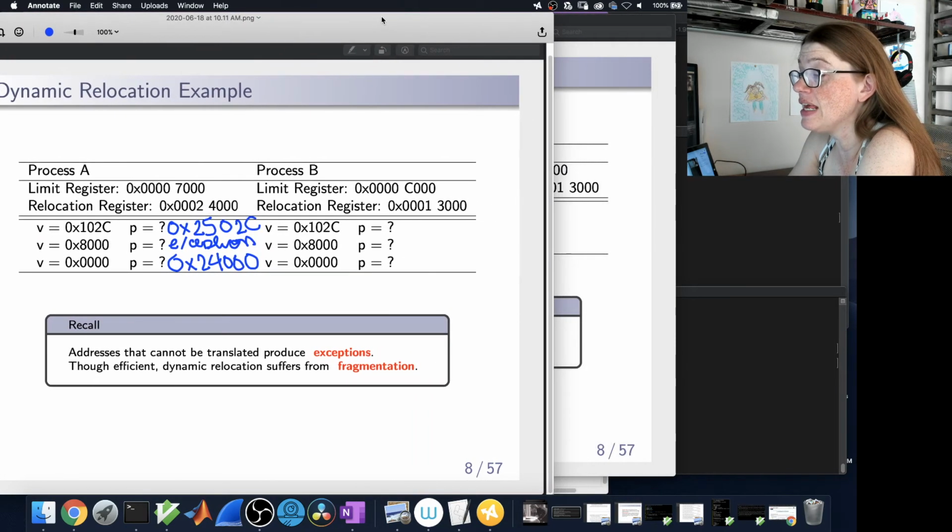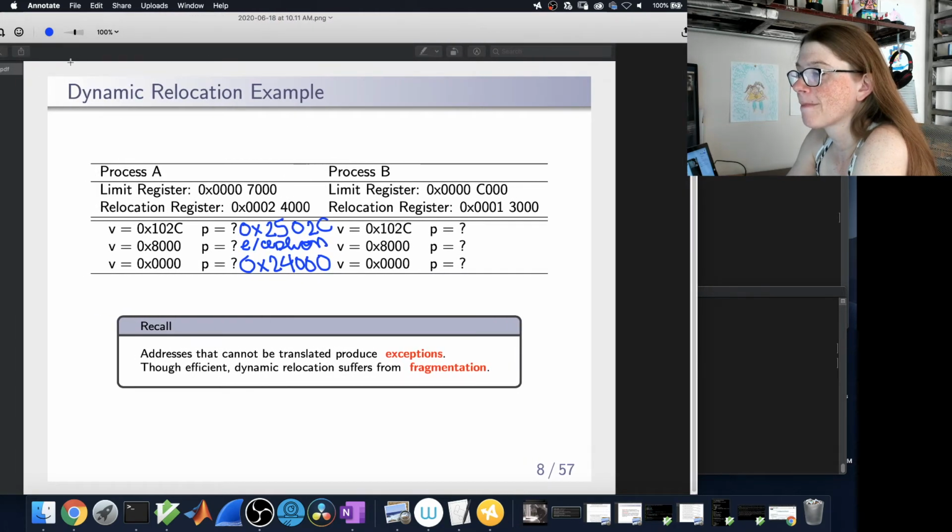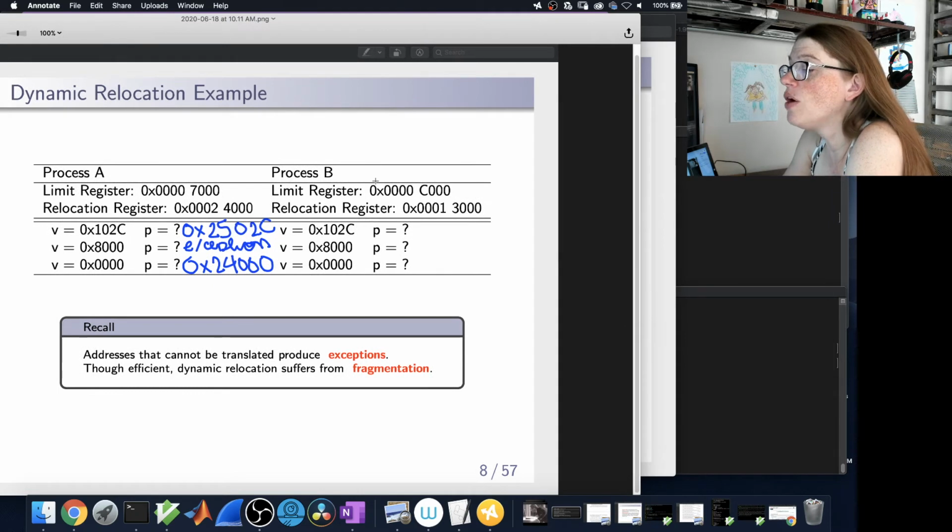Well, for process B, we've got the same set of virtual addresses, because remember that each virtual address range is the same, going from 0 to the maximum, but where they map to in physical memory is different. So two processes can actually use the same virtual address range, but that does not mean they overlap in physical memory, because their relocation and limit values will be different. So for process B here, this is less than 1,02C, so we can translate that, and that's going to translate to